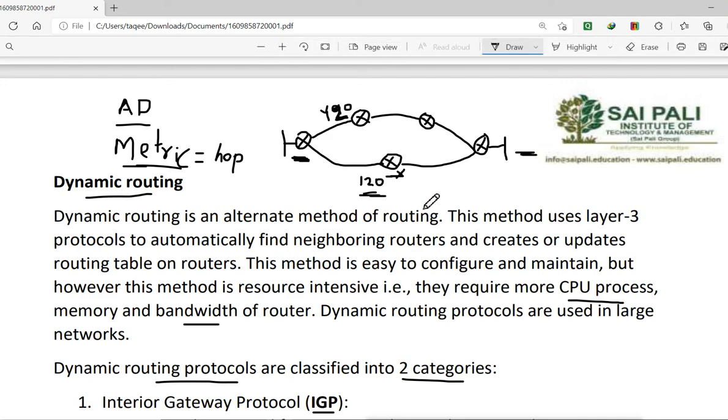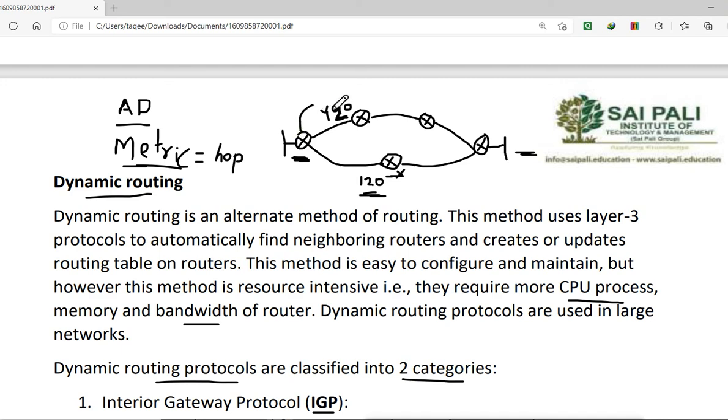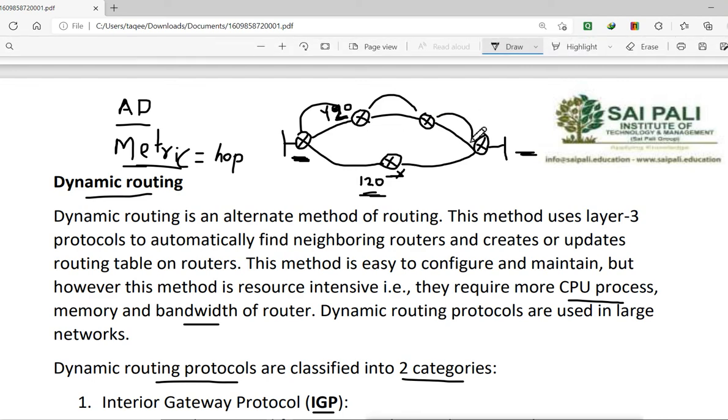In this network design, because the AD value is the same, the router decides how it can reach this network. If I go from this side, it will take one hop, then two hops, then three hops. So from this side it takes 3 hops to reach the destination network. If you go from this side, it takes 1 hop, then 2 hops, so 2 hops in total.